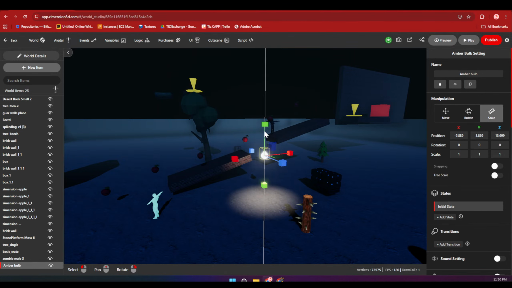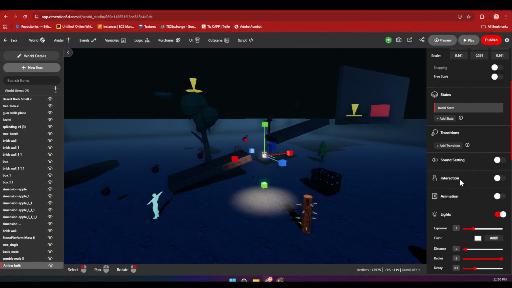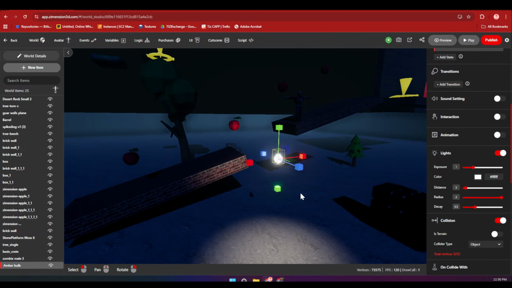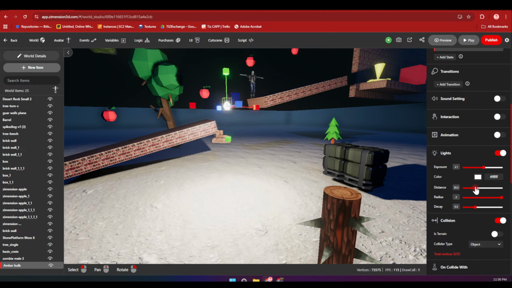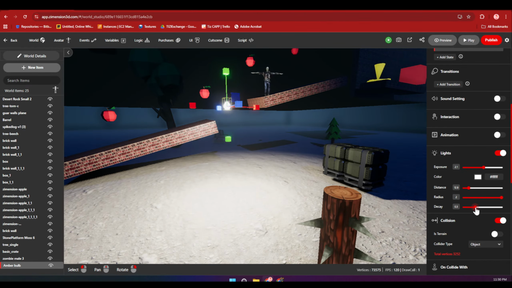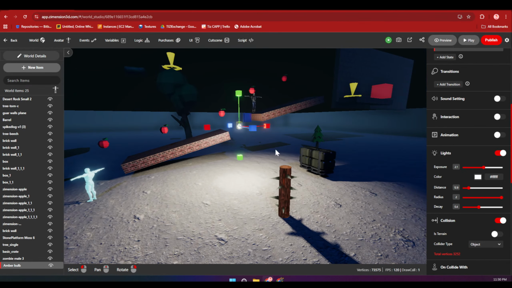I can reduce the scale. Then if it's a light, you will see these options. You can increase the exposure, you can increase the distance of this light and decay as well.